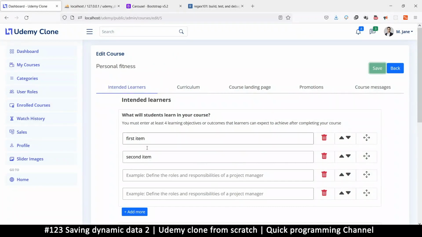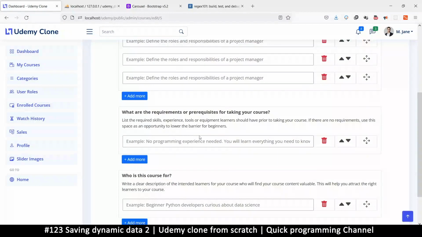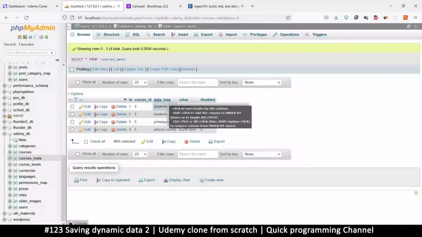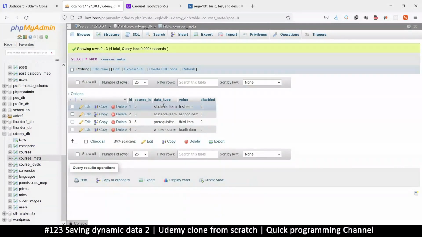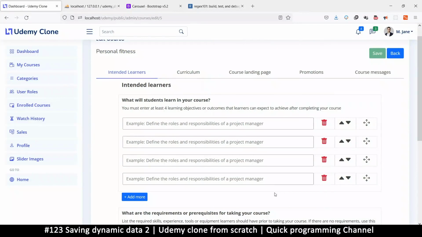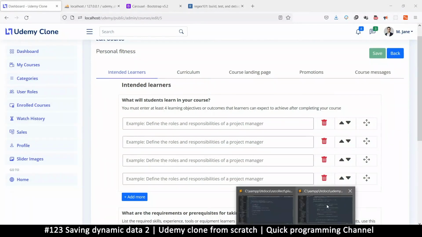So we managed to save this data here, but if we now refresh the page, you see that the data is gone, even though the data is there in the database. So how do we read back this data and put it in the right place? Now, the thing here is,